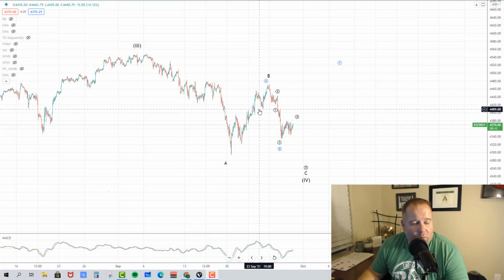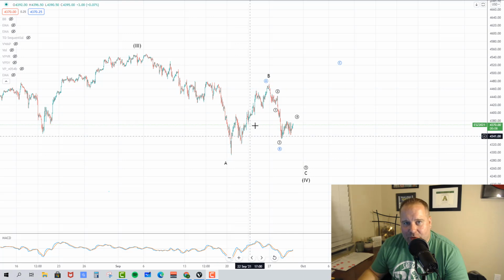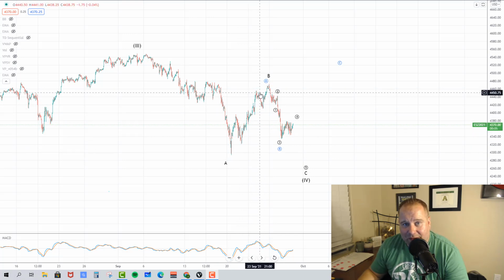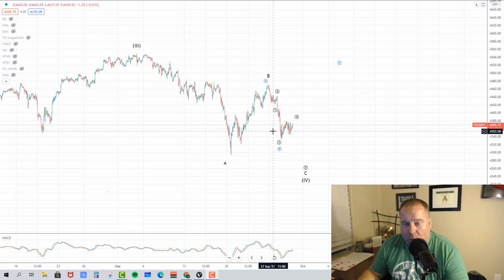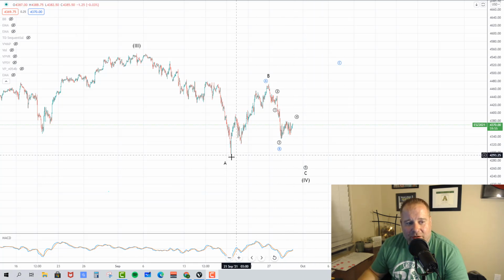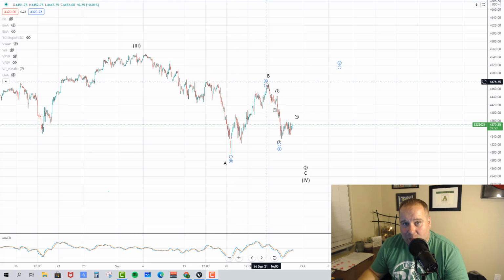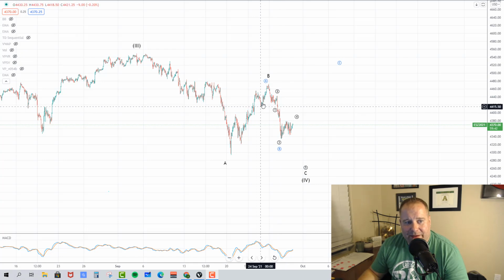Okay guys, so here we are on the 1 hour futures chart. And as we talked about last week, we had this bullish potential happening where we were trying to make 5 waves up, but that failed. Then we started to pull back in what we considered wave C, okay, a 4, which we thought would take us down to 4270. But I also remembered that last week I talked about the fact that this could be an expanded A wave of a bigger B wave. So we have A down here, and then you would have A, B, C up. And this potential makes a lot of sense. We talked about it last week as being the secondary option.